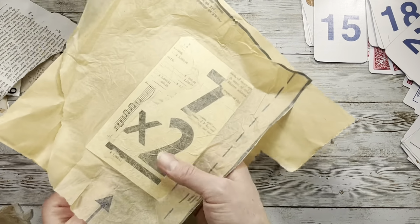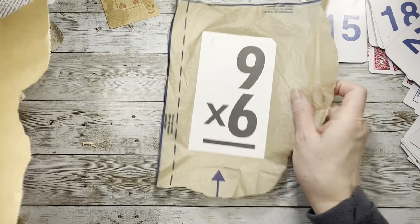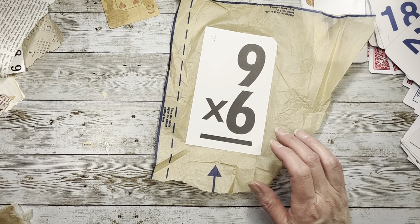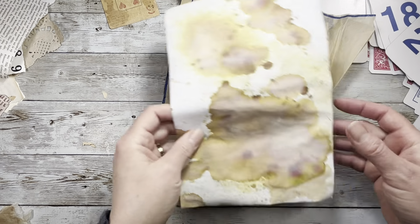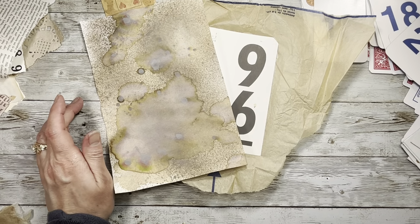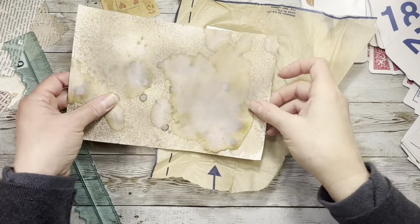Okay, and this one I'm going to cover the back with something else. Something else, I don't know. Let's see. I had a whole stack of, there they are. I just did these, so I know they're here because I just did them. This is just white copy paper that I've sprayed